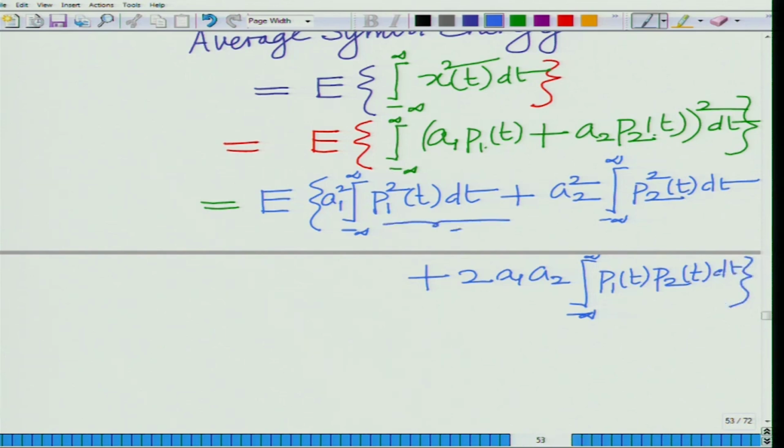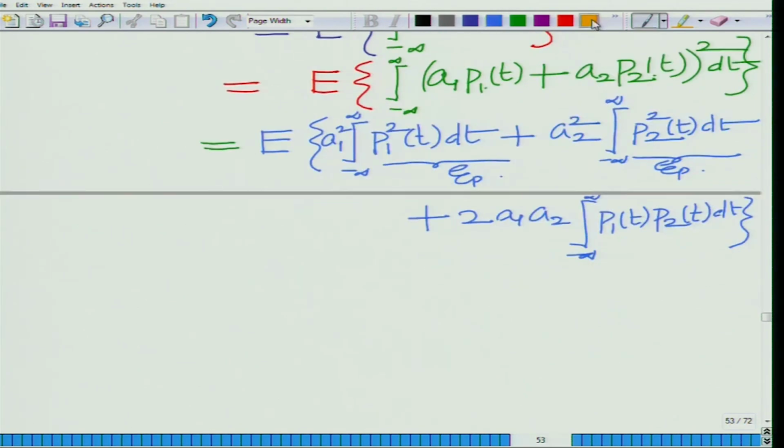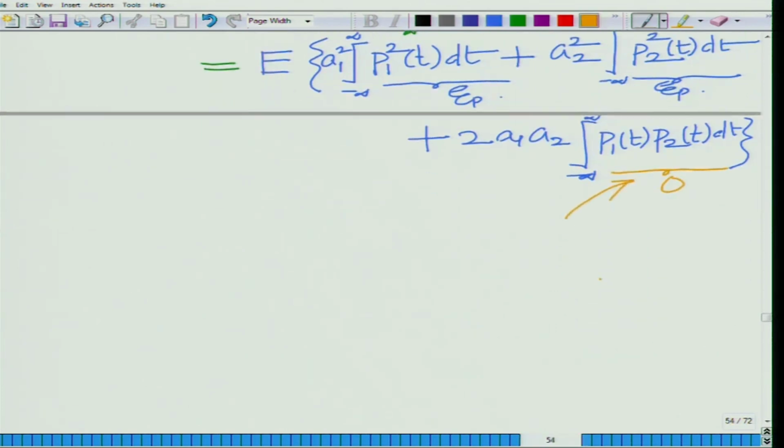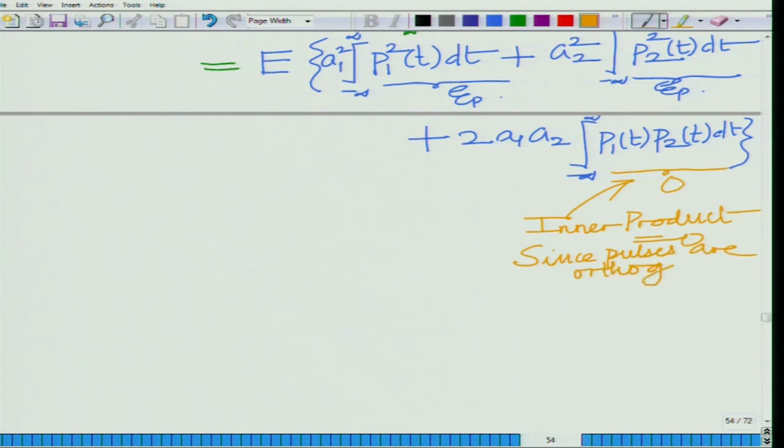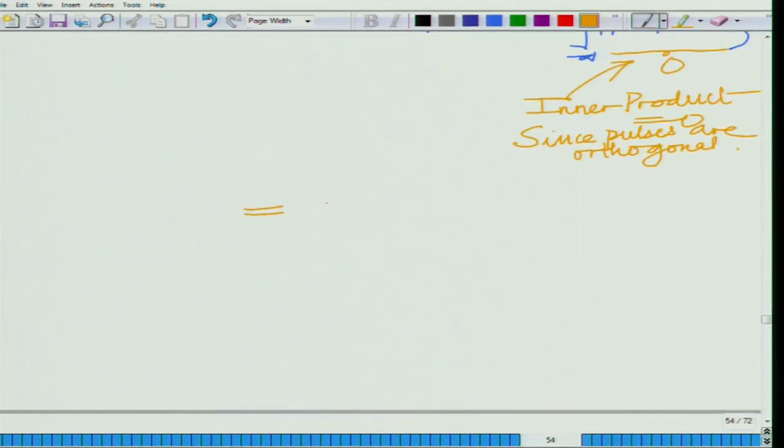Of course, this is nothing but the energy of the pulse, E_P, and this is also the energy of the pulse, the integral of P2 square t dt. This is 0, since it is nothing but the inner product of P1(t) and P2(t). Pulses are orthogonal. Since pulses are orthogonal, in fact they are orthonormal, so this is equal to